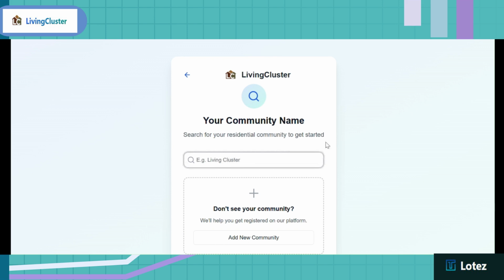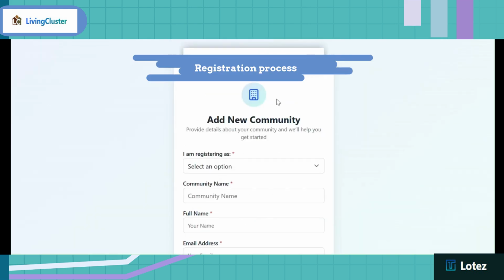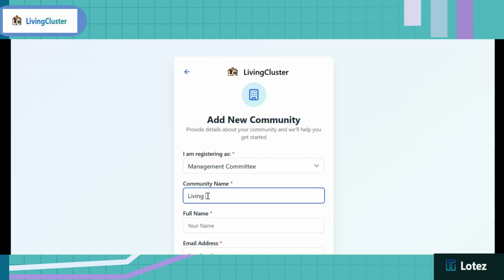Resident and association are two types of login. You can add new community by filling above details.